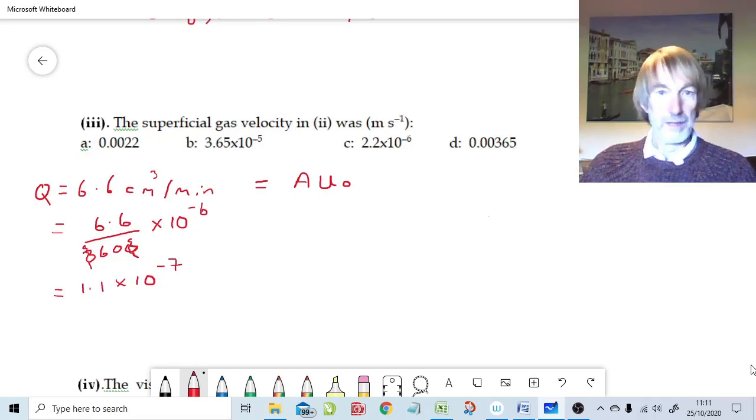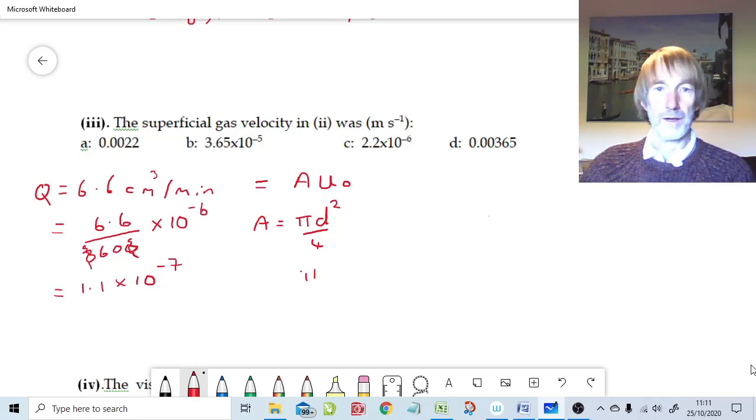What goes in comes out, effectively, is what that says. So if we want U0 and we know Q, because that's what we have down here, then we need to work out the cross-sectional area of the bed. Well, that will be pi d squared over 4, just as it was in the previous calculation. So that's the cross-sectional area,